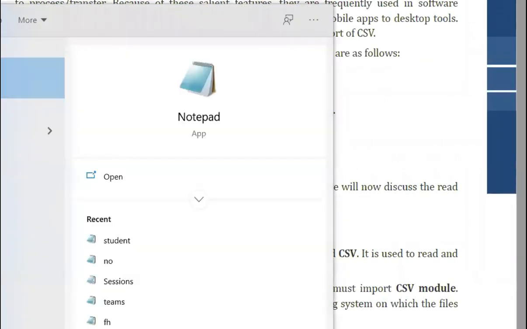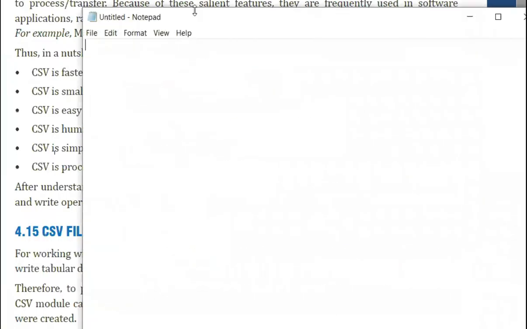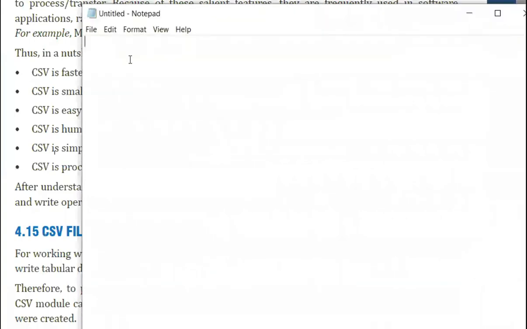I'll open a notepad. Suppose I have some data, suppose it is a book number. In a library, they'll be maintaining some details, right? Book number, title of the book, author of the book, and for example, the price of the book. Okay, in this case, this is going to be the first row. I want this as the first row in my spreadsheet or Excel sheet. Suppose let me have some book number.